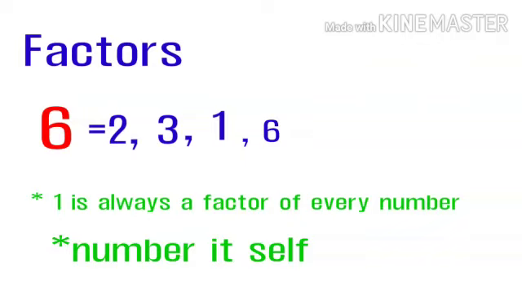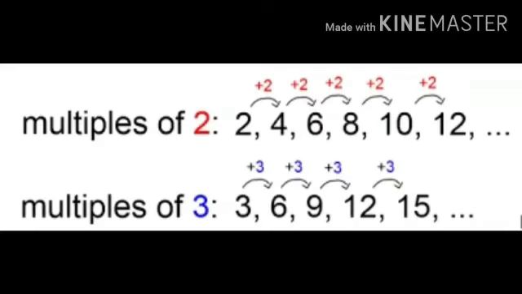Now we will see the case of multiples. So here we have the multiples. Like when we write the multiples of 2: 2 ones are 2, 2 twos are 4, 2 threes are 6, 2 fours are 8, 2 fives are 10, and so on. We count it as infinity. So we can see here that the multiples are always infinite. We have a lot of multiples, we have no counting of multiples.